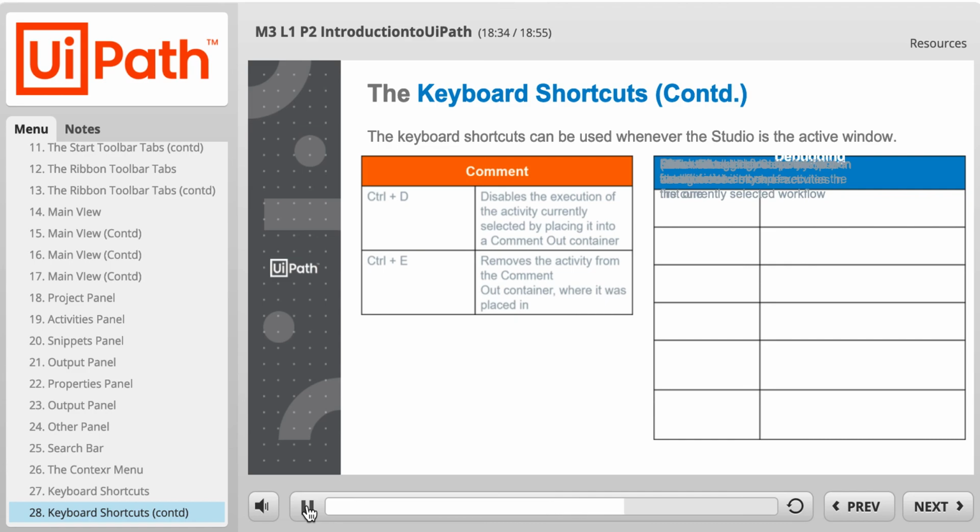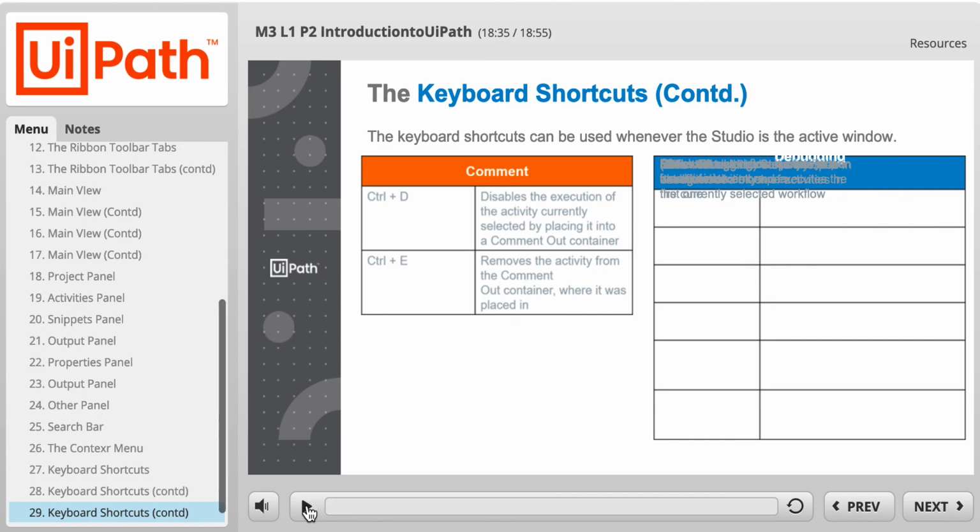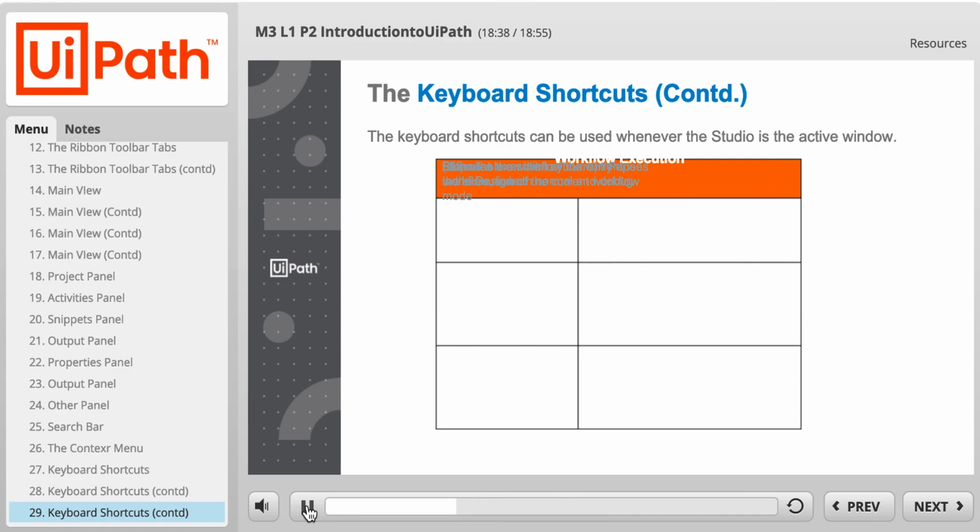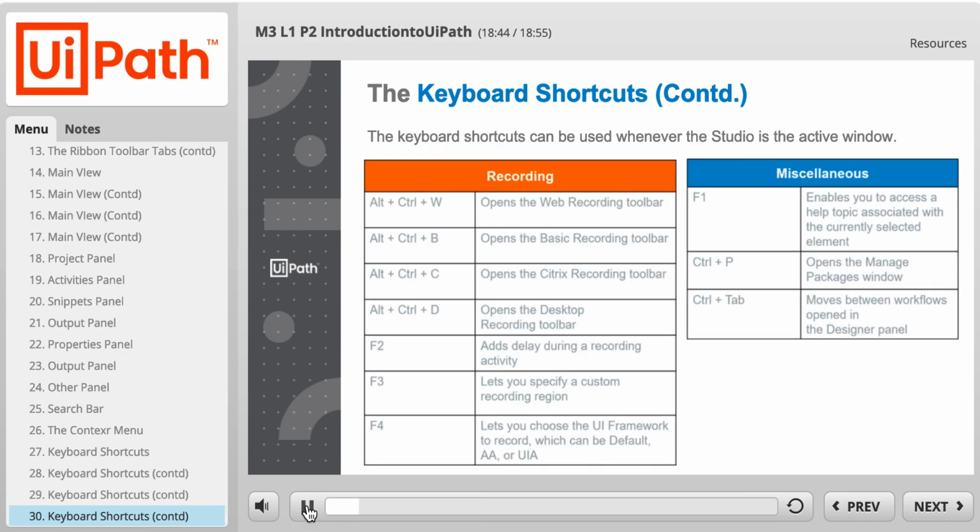More shortcuts. Some more shortcuts related to workflow executions. Recording related shortcuts and some miscellaneous shortcuts are displayed here. As told earlier, it is best to give it as